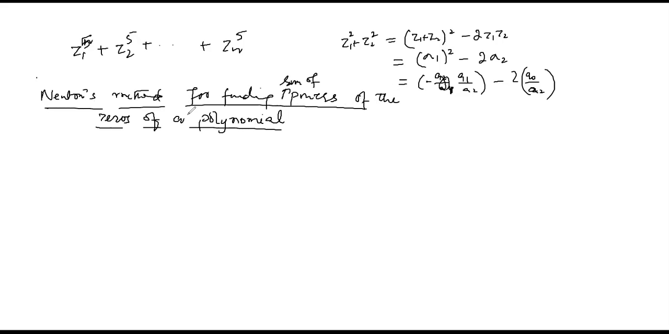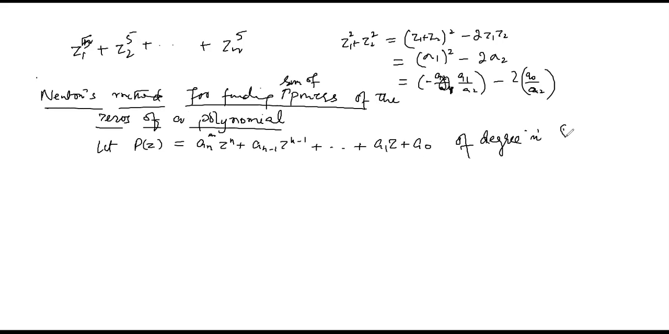Okay, so as usual, let P of z, मैं इसको ऐसे लिखूं, a_n z^n + a_{n-1} z^{n-1} + so on and so forth, a_1 z + a_0 be my polynomial, of degree n, that means a_n is not equal to 0, and let z1, z2, ..., zn